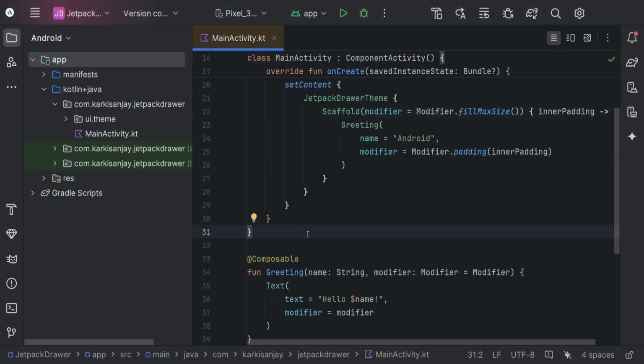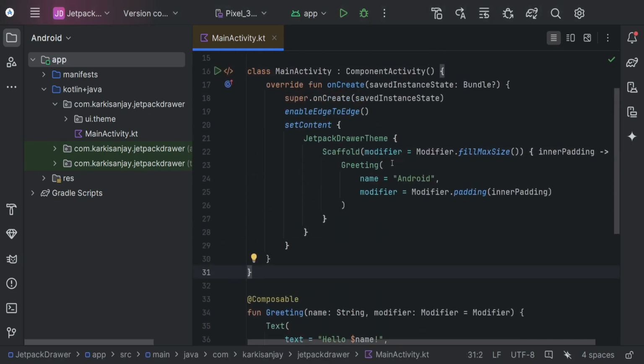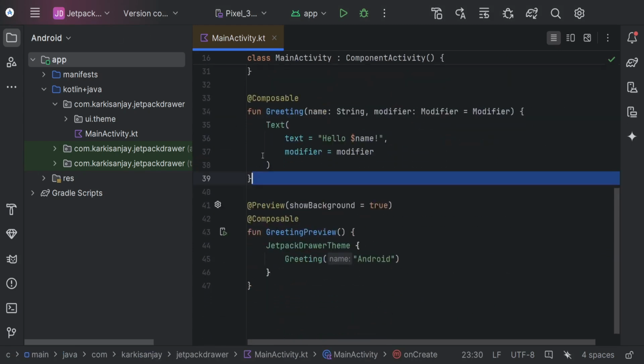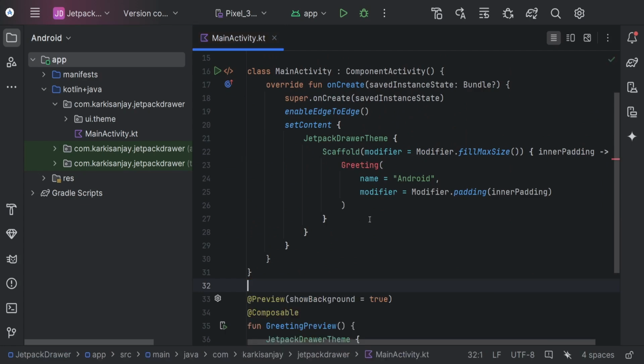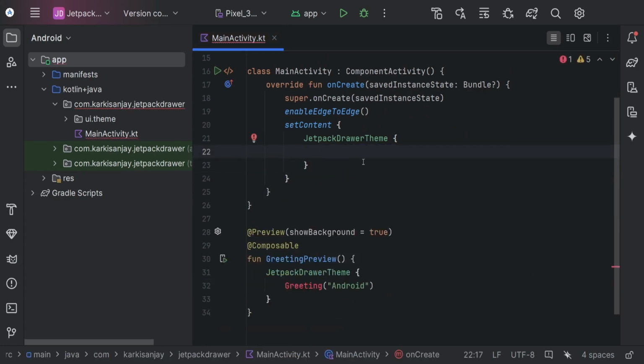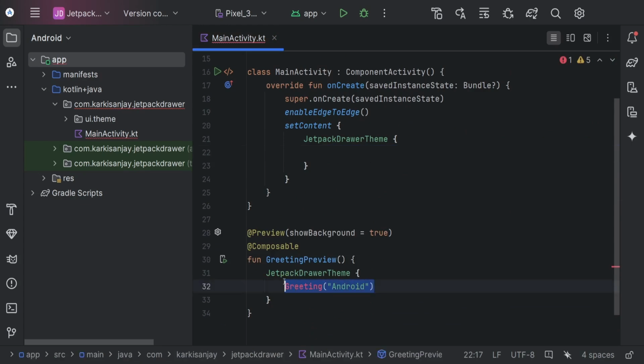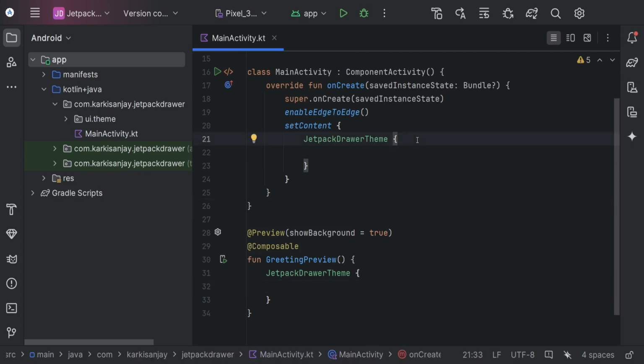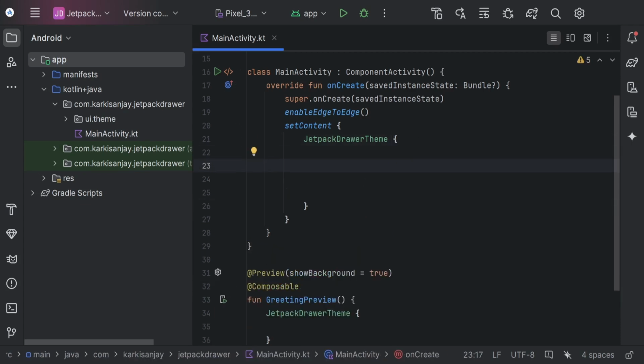So let's first delete this default greeting composable and let's create our own scaffold. So we don't need the scaffold actually here, so let's delete this for now. And so for the modal navigation drawer, first we need to declare a drawer state. So let's declare our drawer state and